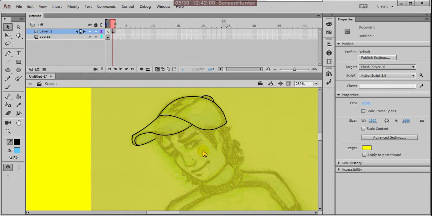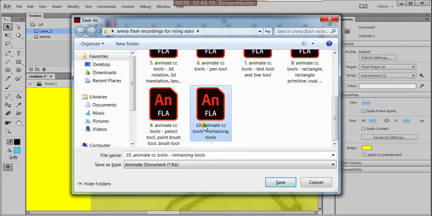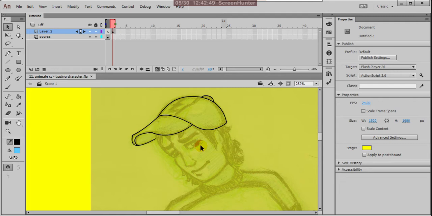Sometimes press Control S, and here I'm saving. This is the 11th one, 11th Animate CC, not tools are over, Animate CC tracing character or otherwise drawing. Animate CC tracing character. Okay, save. Right. Next,